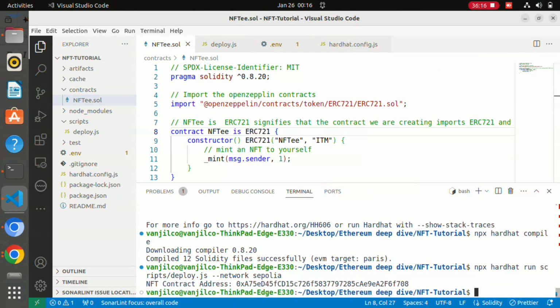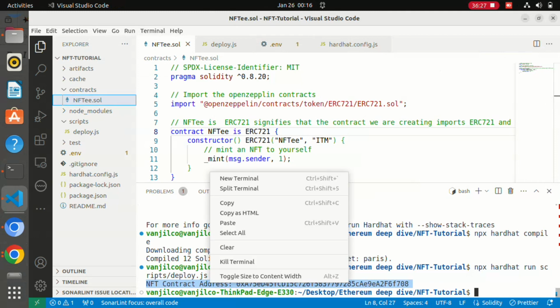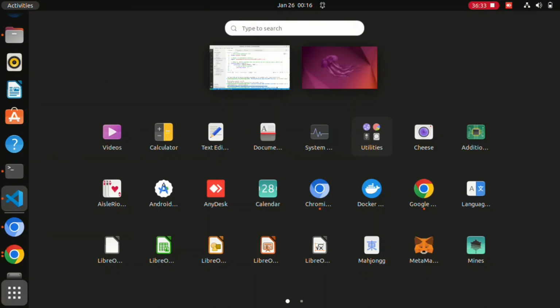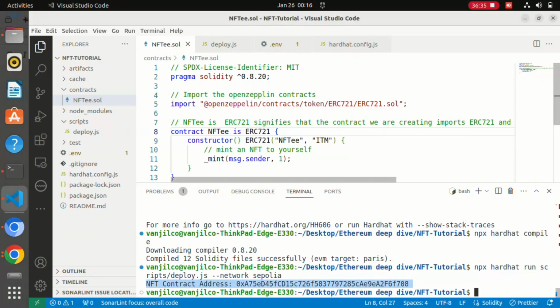Now we have deployed successfully. So this is the deployed contract. We can copy it into a text editor, so that in any case if we clear the terminal,